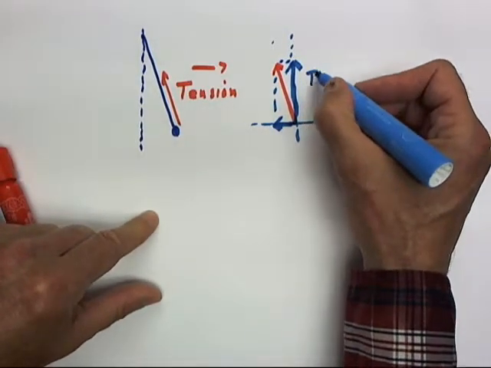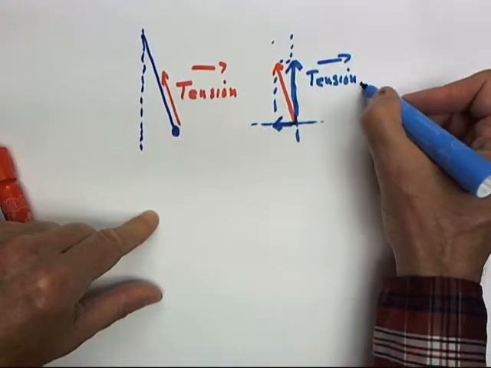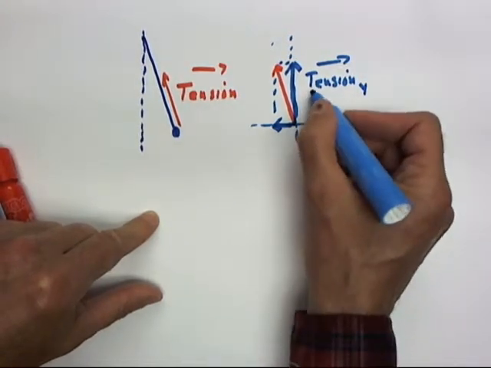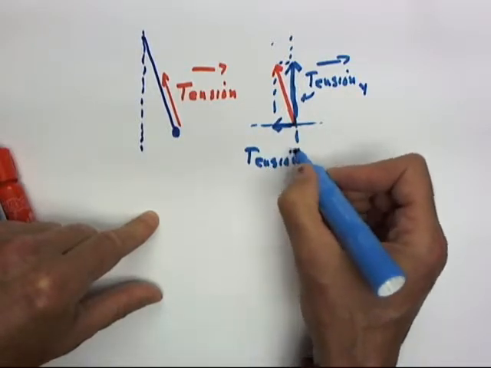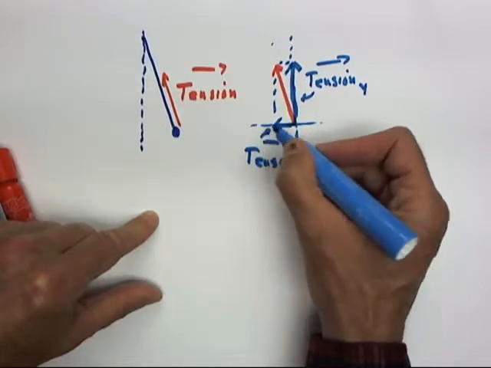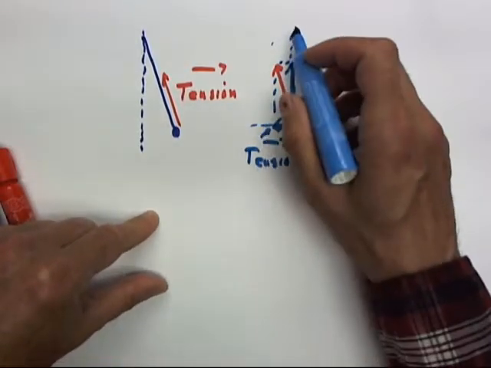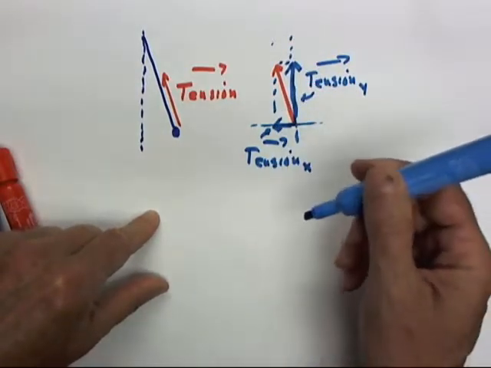So this would be tension in the y direction, and this would be tension in the x direction. Now, the tension in the y direction simply counters the downward force of gravity, and